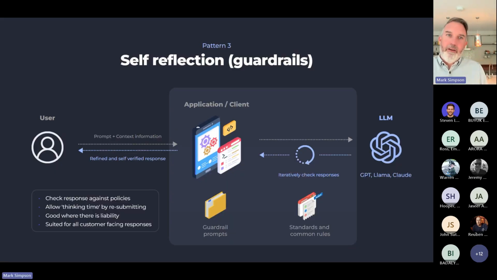The third example now is what in the industry is called self-reflection, and it is what it sounds like: getting the model to look at the response that it's given. Remember, it's built it up step by step, word by word, or token by token, as it's called, with the most likely best next guess of the word. Now, if it takes a step back and has another look at it, it may decide that, having reviewed it, that was not the best way to pitch the response.